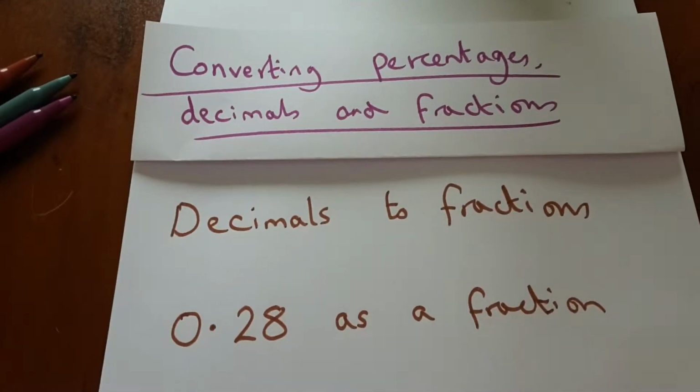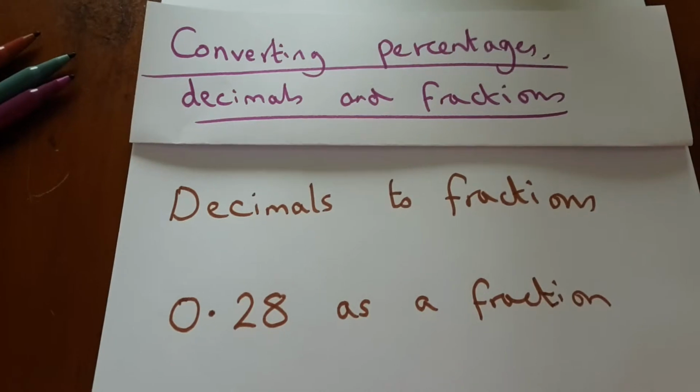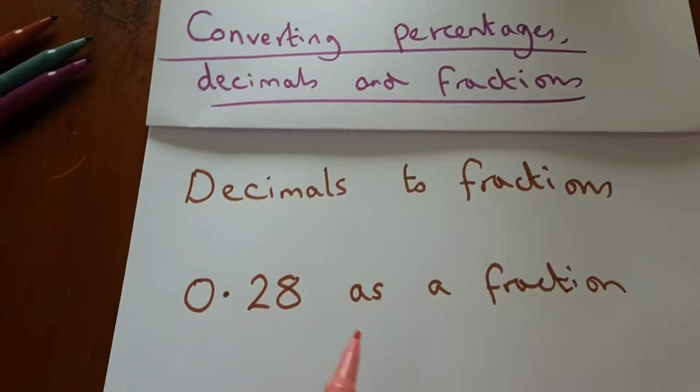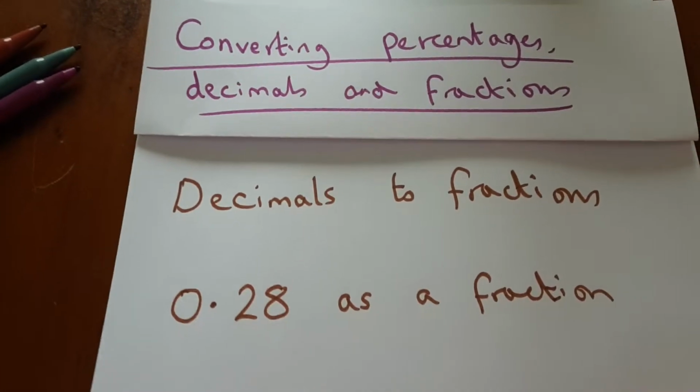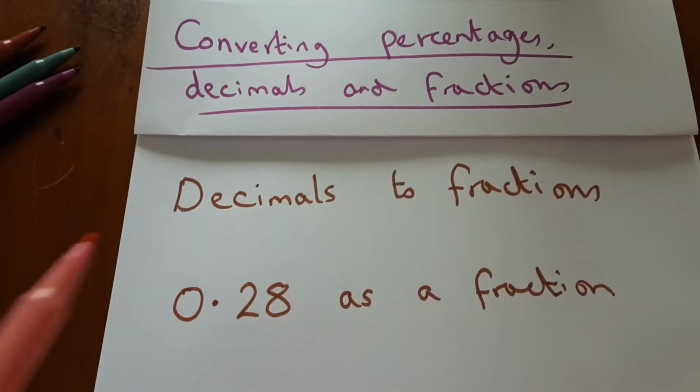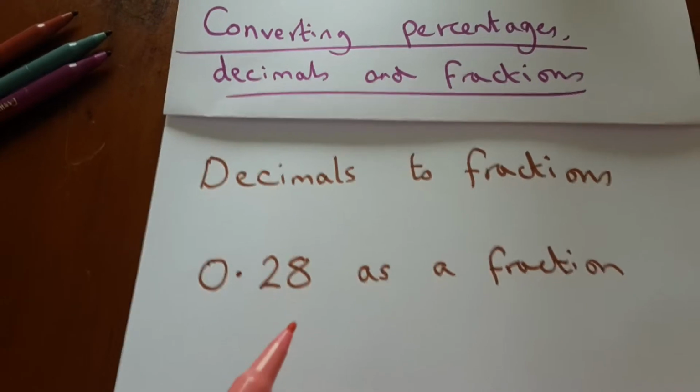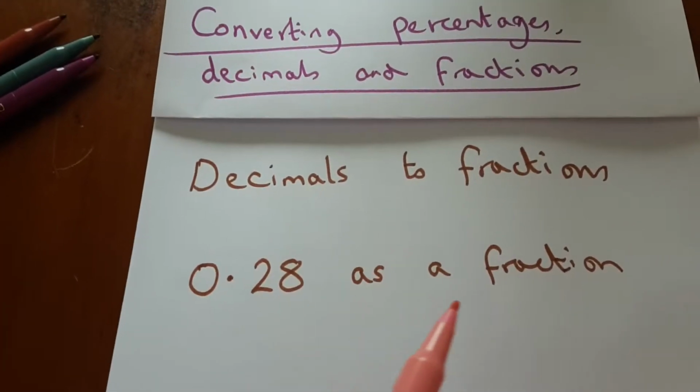So I'm going to show you how to convert a decimal to a fraction. The only ones they'll give you will usually be terminating, so I'm going to show you terminating first. So if I have 0.8 and I want it expressed as a fraction,